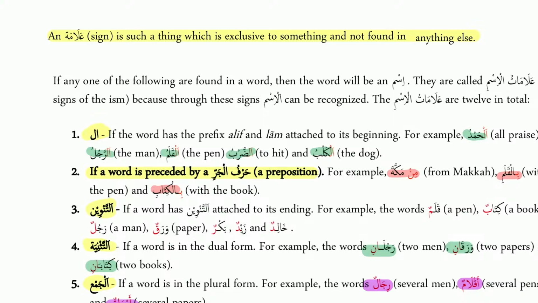And it has no fa'il. So that is why it is what? It is a noun. So the first sign is what? Alif lam. The second sign of a noun in Arabic is that sha'r you have to memorize. Okay, look, what is the sha'r? The sha'r is